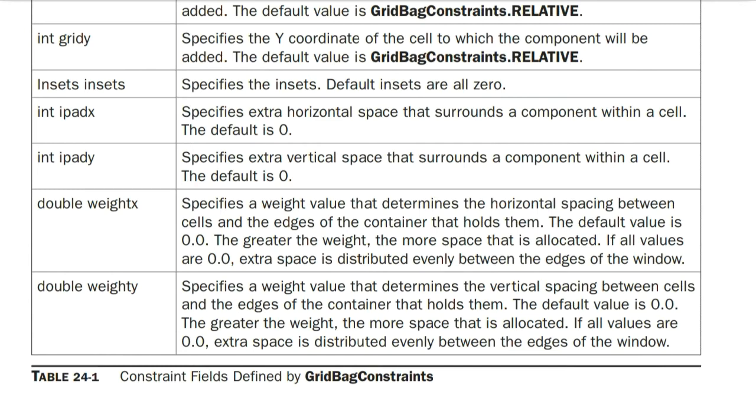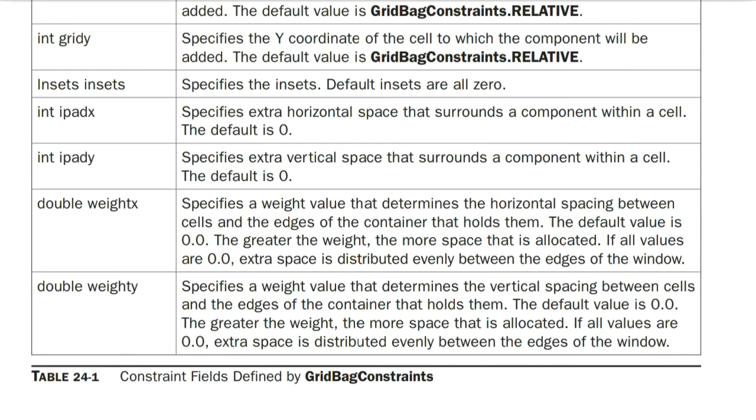double weightx specifies a weight value that determines the horizontal spacing between the cells and the edges of the container that holds them. The default value is 0.0. The greater the weight, the more space that is allocated.